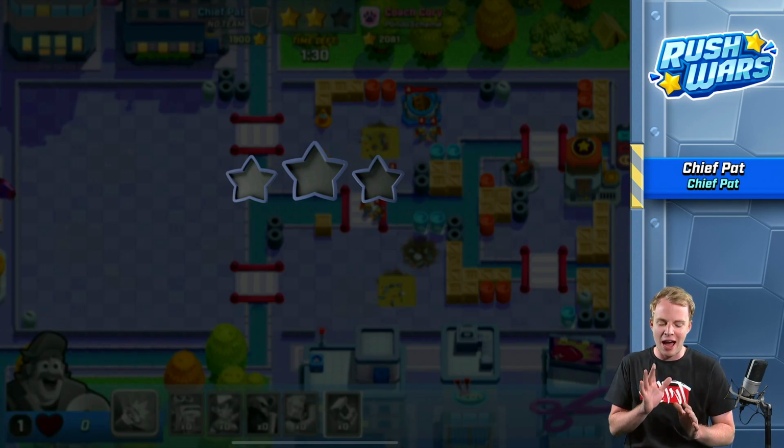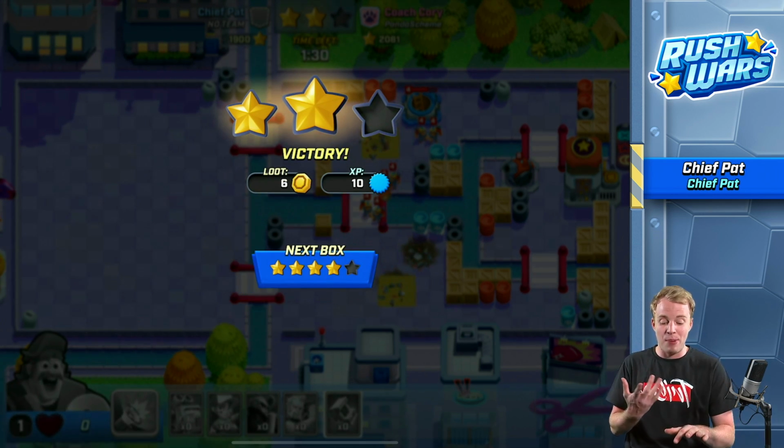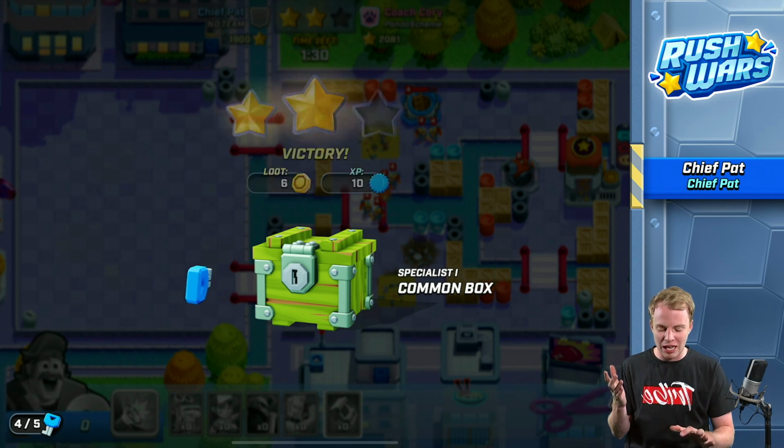Okay, not bad. Not bad at all, but you can see how every base is different. If we went into that one, and I had a better way to kill the mortar, and I could take out those mini guys, it would have been better, but we're gonna go ahead and unlock our loot box, which